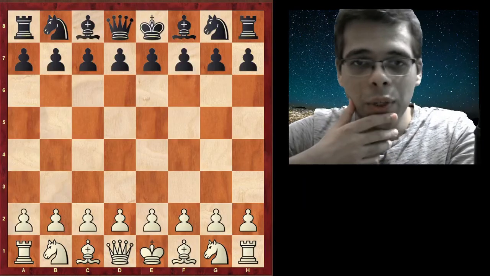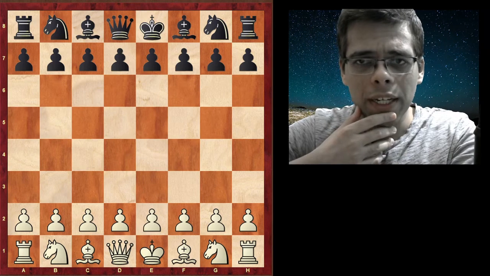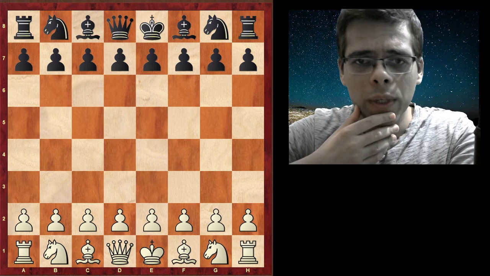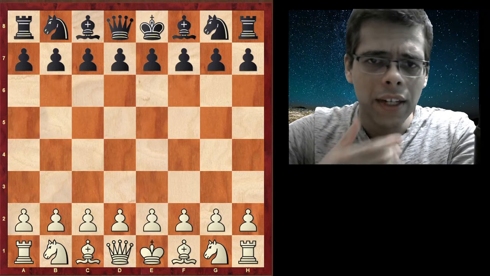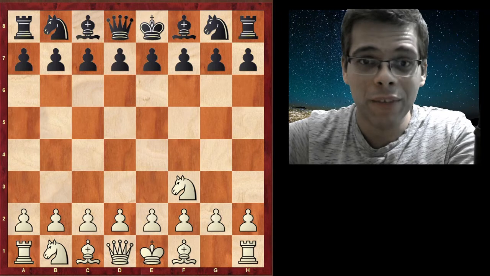So Nihal drew his first round game very quickly. It was an opposite color bishop endgame, and he drew with black, and that was decent for India. And India went on to win 2.5, 1.5. In the second round, he had the white pieces, and he played a very unorthodox opening, which I personally have